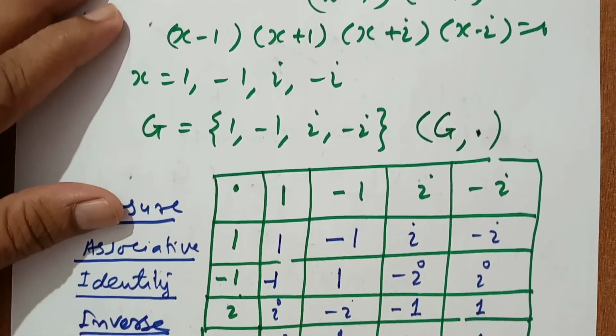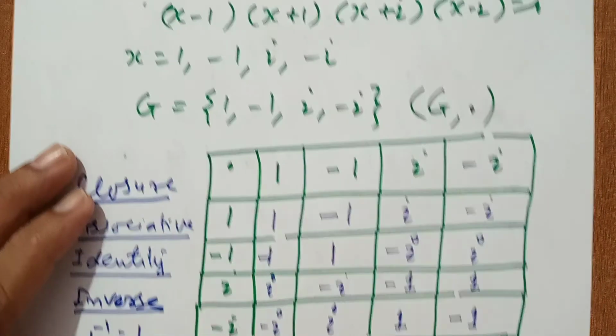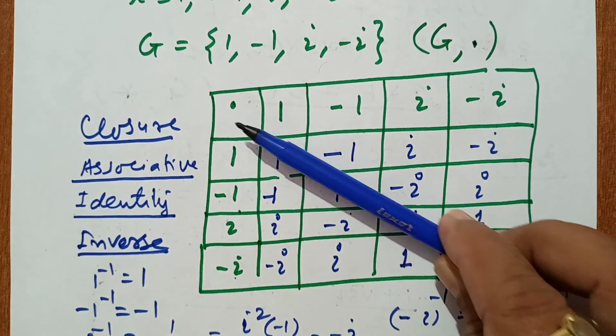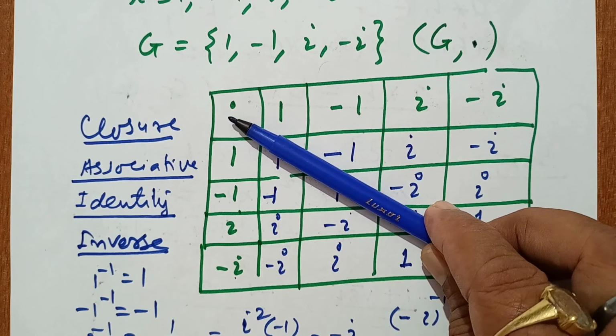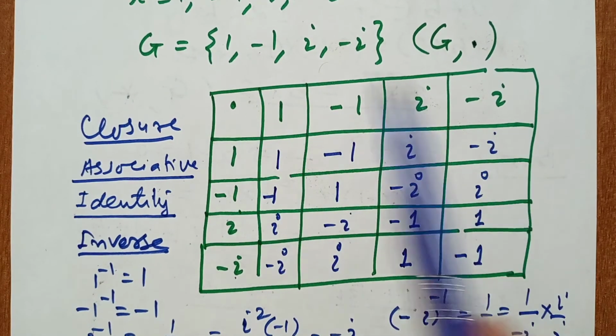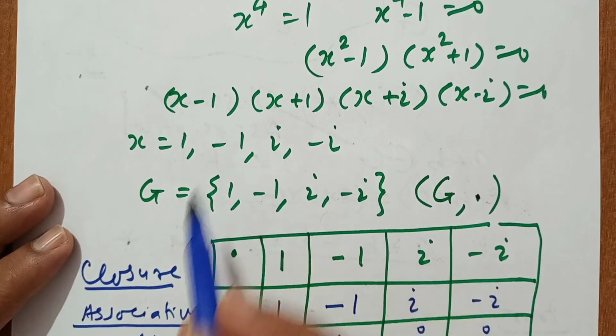Now the last property is abelian group. Abelian means commutative law. So this is very easy to see by the group table. This is the diagonal. Okay. So this table is symmetric with respect to the diagonal. Okay. So this is commutative. It means our set G is an abelian group.